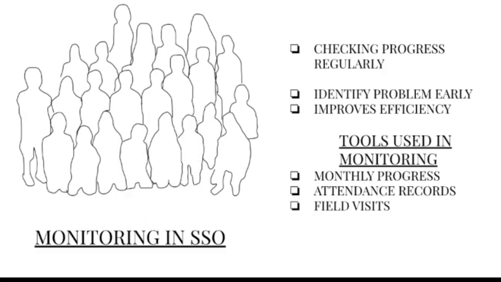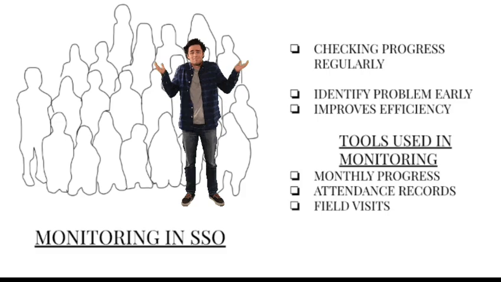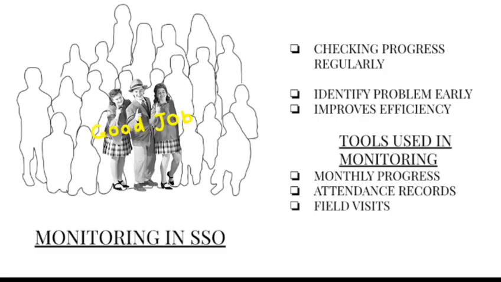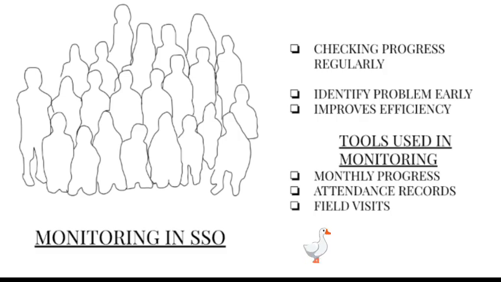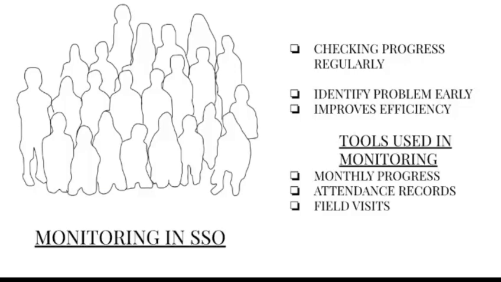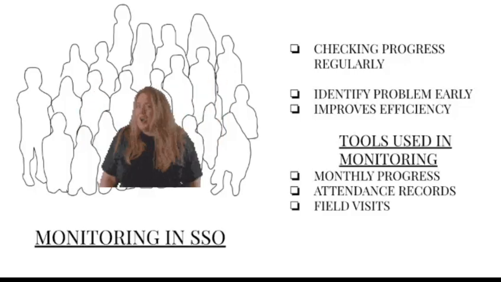So as I said about the example, how step by step the monitoring is happening in a children's nutrition program, in the same way the monitoring will happen in social service organization to maintain their records, to identify their problems, to check whether everything is running smoothly, and make their vision and mission clear and achieve their goal.